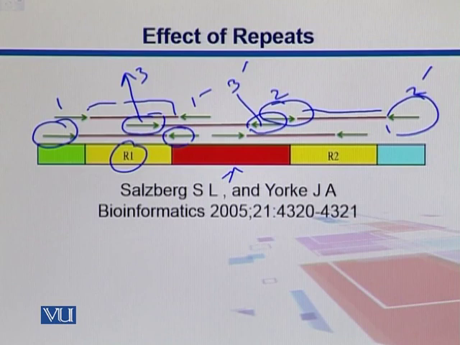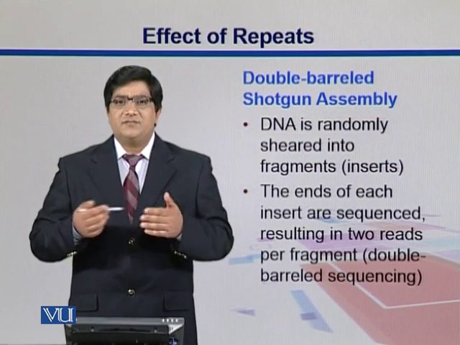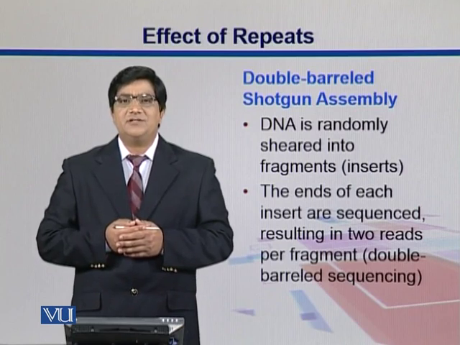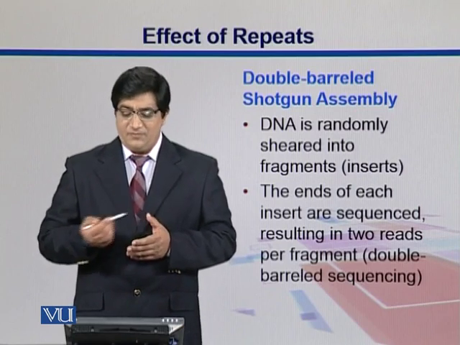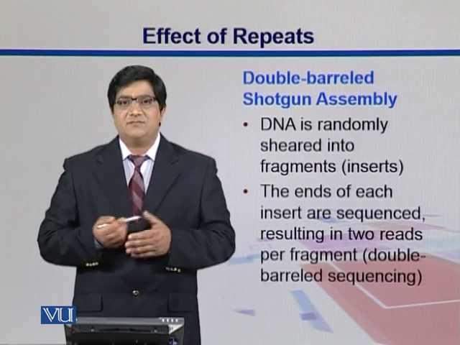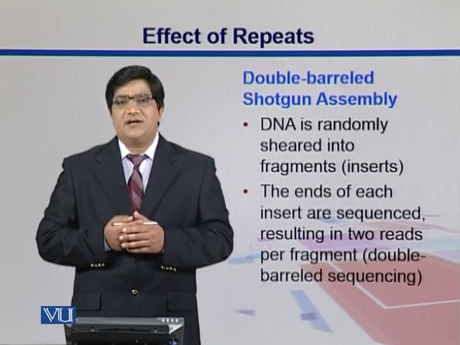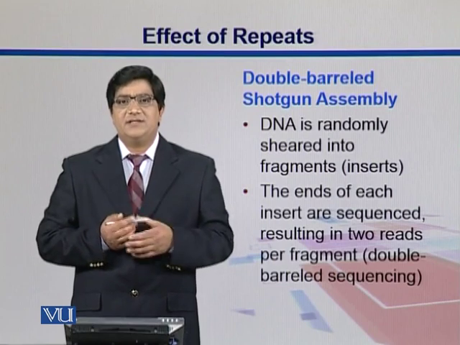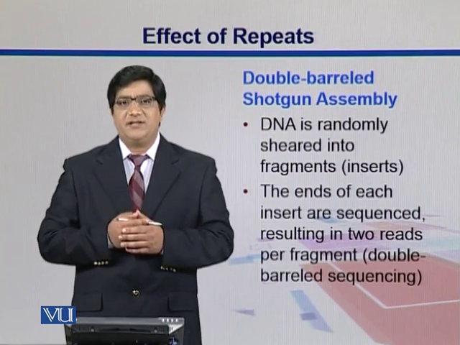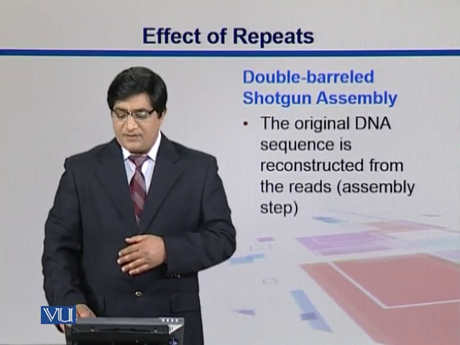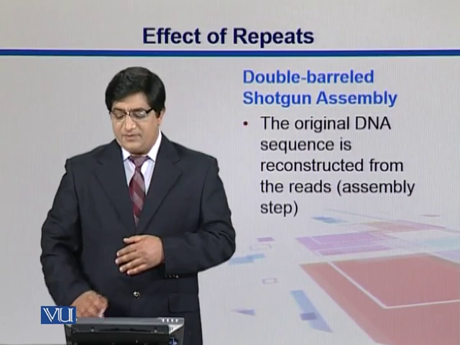So paired end reads help solve this issue of repeats. This process of generating paired end reads is called double-barreled shotgun assembly. What we do here, as we have seen quite a few times earlier, is take those DNA fragments and sequence their ends, leaving a huge insert in between them. And what is the advantage? When we reconstruct the assembly from those paired end reads,